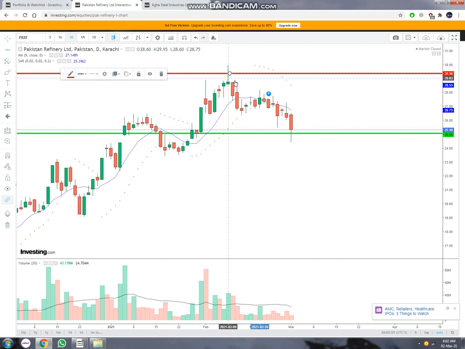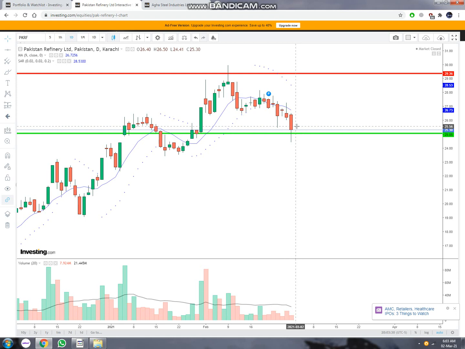Now we have found the resistance level as well. You can see that major price rejections occurred at this candlestick. So this is a great sell zone, and this is a great buy zone. A great entry point and a great exit point. When you are trading with support and resistance levels, just remember to wait for the other candlesticks to show you what results it will give you. Now, if it opened at this level,